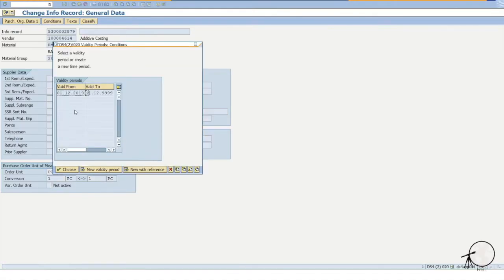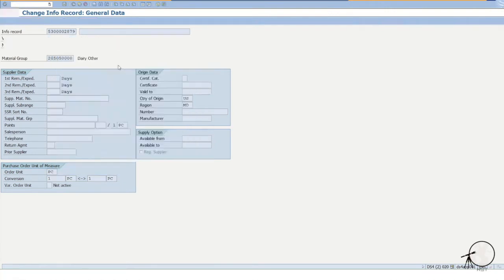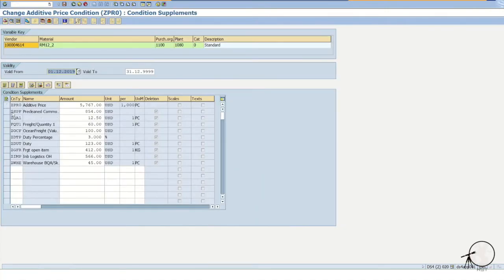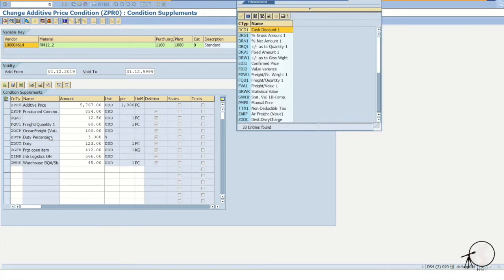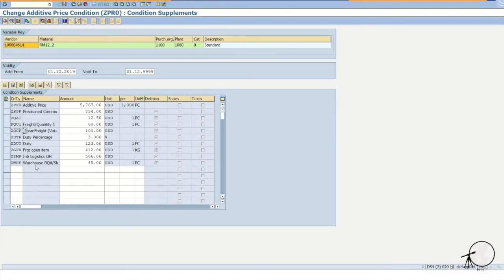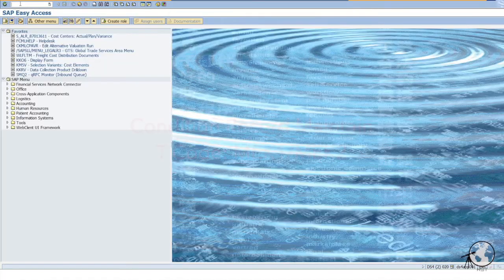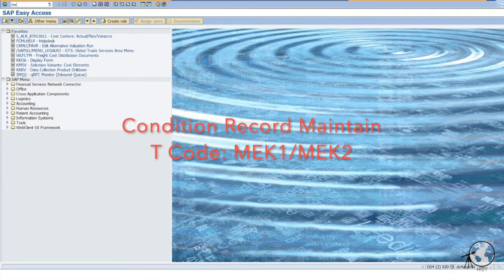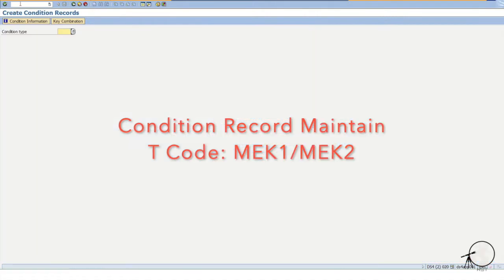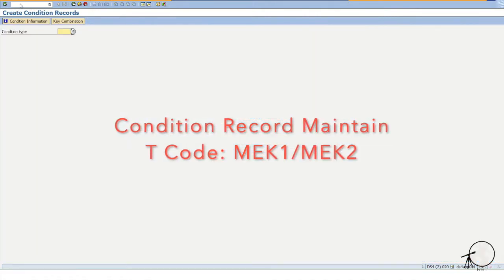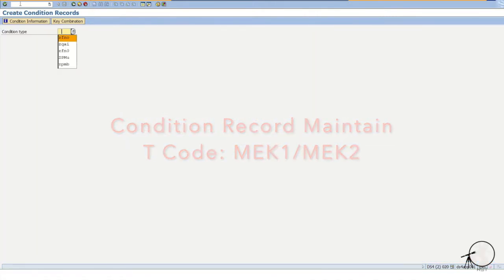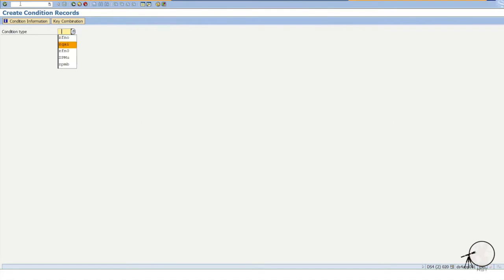So when I create a purchase info record, you can see the base price is GPR0 now, and also all the different condition types can be added, and these condition types are already there in the pricing procedure. Not only that, I can also have condition records maintained, and the system during cost estimate will refer to the condition records as well. The advantage of condition record, as you all know, is that we do not have to maintain